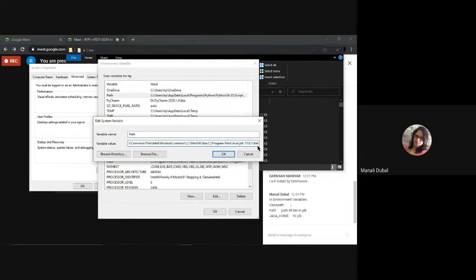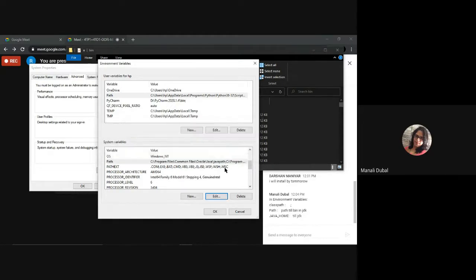Paste it, Control V, and a semicolon at the end. Okay, done.